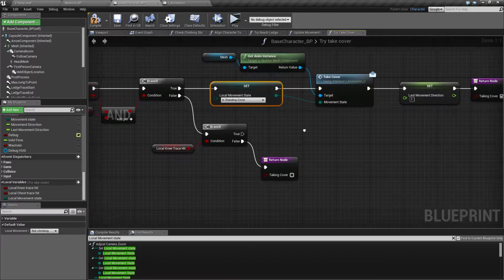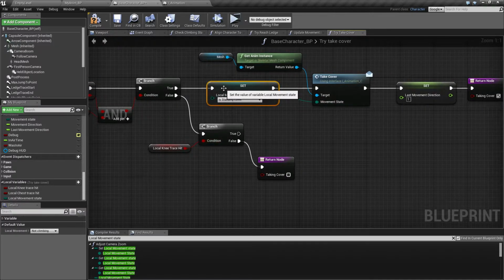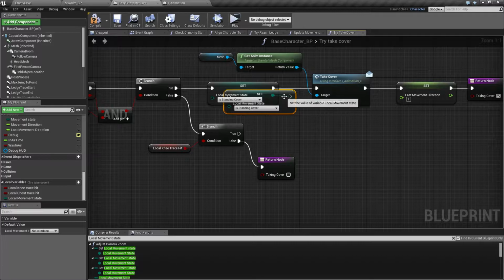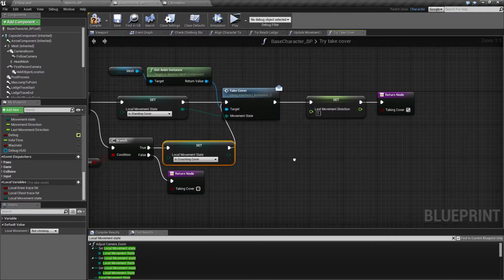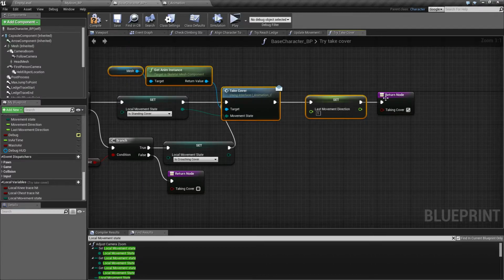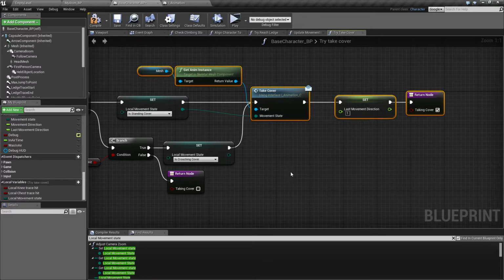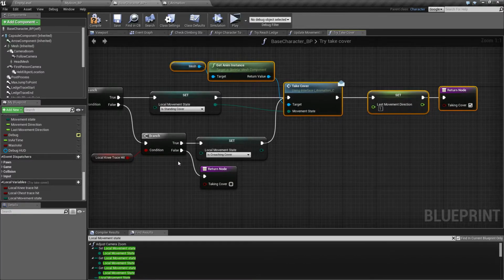Connect this one up, and in the other case down here where only the knee trace hits, then we're gonna say this is in crouching cover. I think that's gonna be prettier,